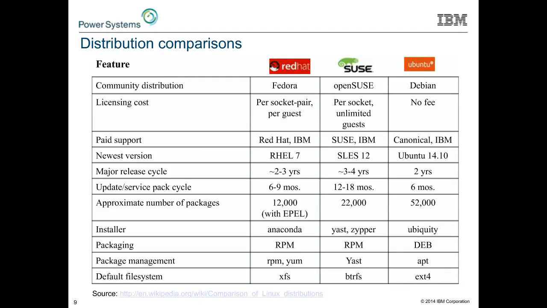So it's possible to buy Red Hat Linux from IBM. You'll pay the licensing fee, which IBM will pass right back to Red Hat, and then after that, should you have a problem with your RHEL release, you can call 1-800-IBM-LOVES-YOU or whatever the number is, just like you would for IBM i or for AIX. You can call that number, and IBM will support you for Linux as well.